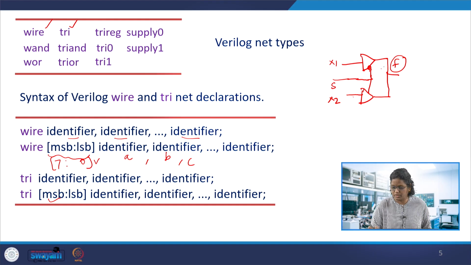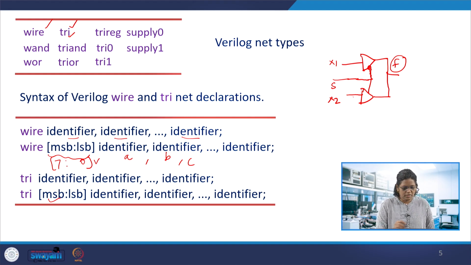Okay, so in that case, this can go to high impedance state also when this buffer is not enabled. So if it is 1, in that case, this buffer will be off, so it doesn't pass x1 to F. So in that case, the output goes to high impedance state. So the F in the declaration section can be declared as tri. So it is basically driven by multiple signals or multiple drivers, for example, here the buffer 1 and buffer 2 outputs.